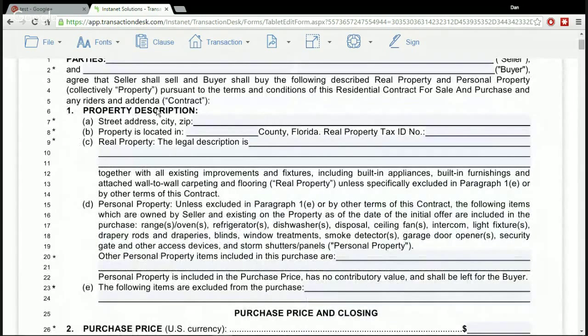It's the property description. Simple address here on top, county. It's going to have the space for the tax ID number. Very important here, there's 3 lines here for the legal description. Now, when you get into these contracts, you're going to see that it's really cool because this stuff gets all auto-populated for you. So it's going to cut down on your time that it takes to enter this stuff. The thing is,